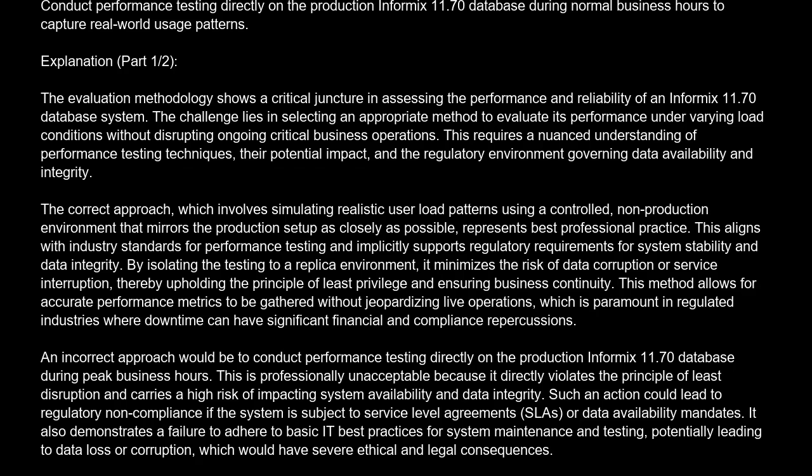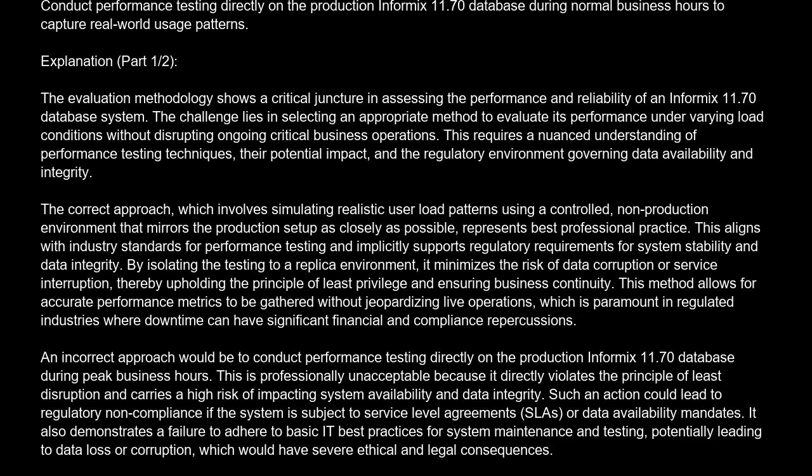The correct answer is B. Conduct performance testing directly on the production Informix 1170 database during normal business hours to capture real-world usage patterns. Explanation. The evaluation methodology shows a critical juncture in assessing the performance and reliability of an Informix 1170 database system. The challenge lies in selecting an appropriate method to evaluate its performance under varying load conditions without disrupting ongoing critical business operations. This requires a nuanced understanding of performance testing techniques, their potential impact, and the regulatory environment governing data